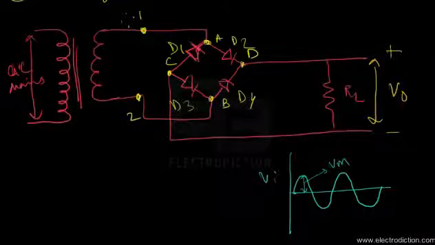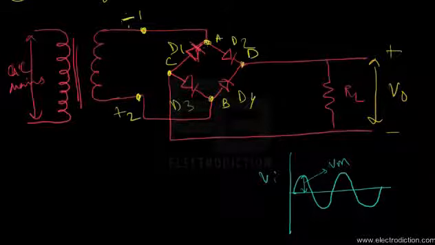Now in case of the second half cycle, as I said, the polarity reverses. So now terminal 1 has a negative voltage compared to terminal 2, and since for AC the polarity reverses, we can see here that the second half cycle enters into the negative voltage region. So that's why terminal 1 has a negative voltage compared to terminal 2. So at point A, or rather at node A, we have a negative voltage that forward biases diode D1,